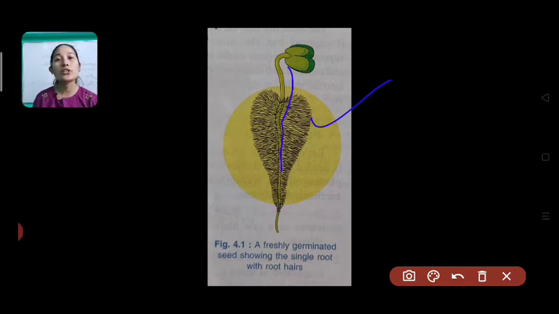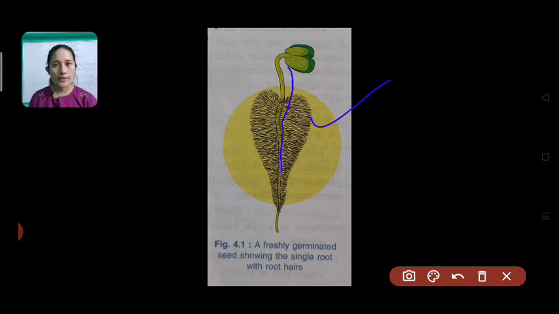Okay, now next, going towards the root hairs, they have concentrated cell sap. Now coming to cell sap, what is it? Cell sap is a mixture of minerals along with the water. Water and minerals mixed together is referred to as cell sap. So the cell sap inside the root hair is very concentrated. Concentrated means more amount of minerals is present, and less amount of water as compared to the surrounding soil.